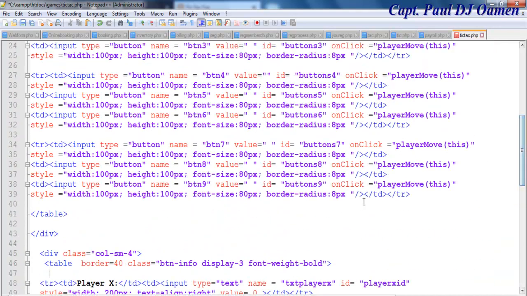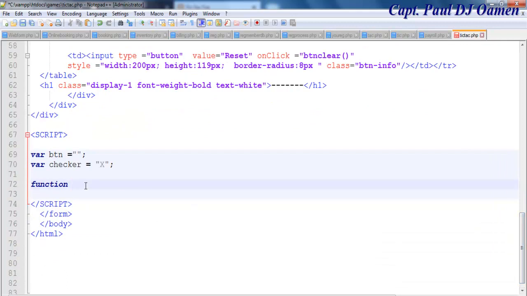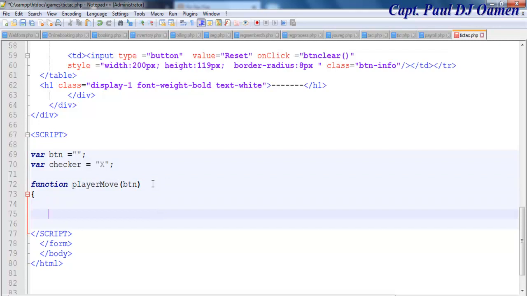Now for my function, I'm going to call it player move, and the player move is right here. Look at it, on click. So I'm just going to call this player move, come right down here and paste it right there, and then call this variable inside the player move and enter a curly braces there. Now I will then use an if statement. If you like, you can call it conditional statement. I'm going to say if, open a bracket, btn dot value, and if btn dot value equals nothing,